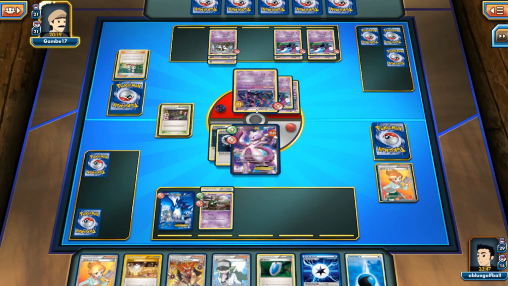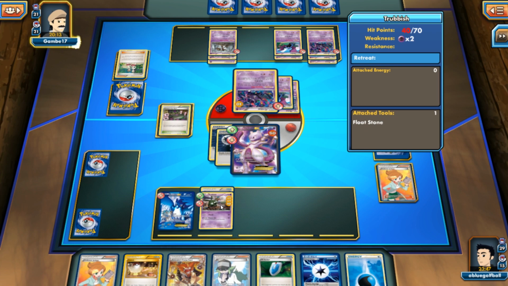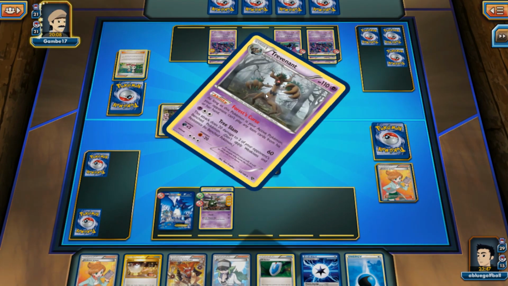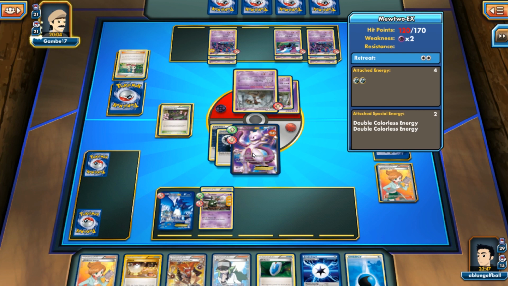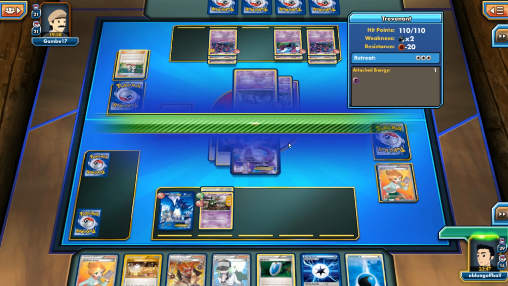So here we go. My opponent goes and puts on 30 damage. We can get hit for a ton more damage here. Actually, my opponent can take out the Trubbish, and oh, never mind, just retreats into the Trevenant, and that's it. We don't really see much else. We're doing 100 damage, so we're a little bit short, but I can play the Energy,